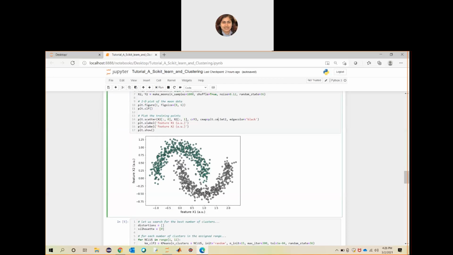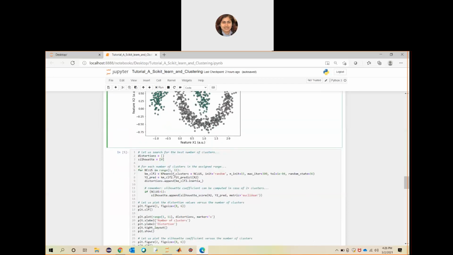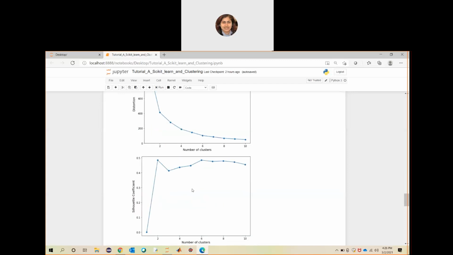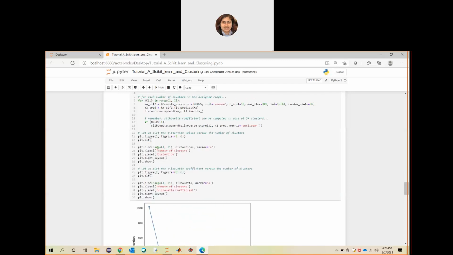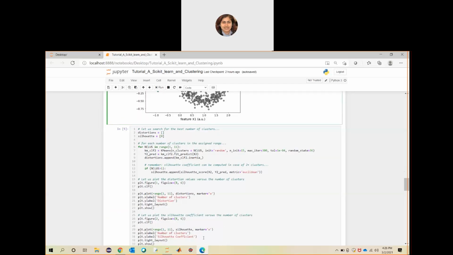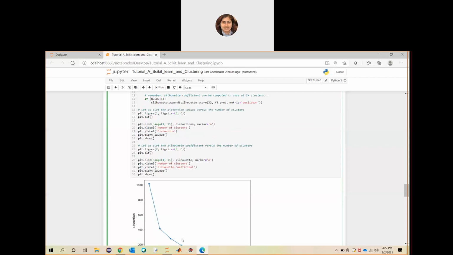For the given dataset x2, y2, we are going to see how our inertia, the distortion and the Silhouette coefficient will look. In the same way, using this data set, through this set of statements you have the k-means function in the for loop. You are trying to find out the inertia and Silhouette scores, and creating the figure for each plot.